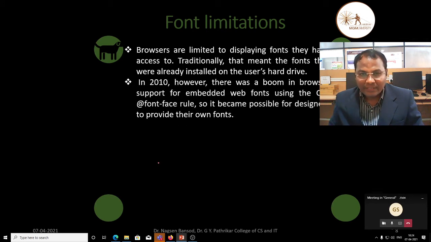In 2010, however, there was a boom in browser support for embedded web fonts using the CSS font-face rule.